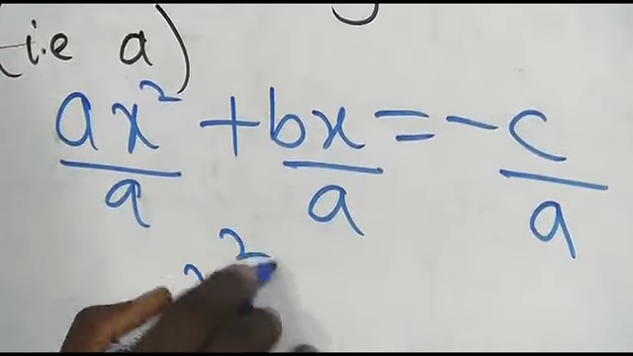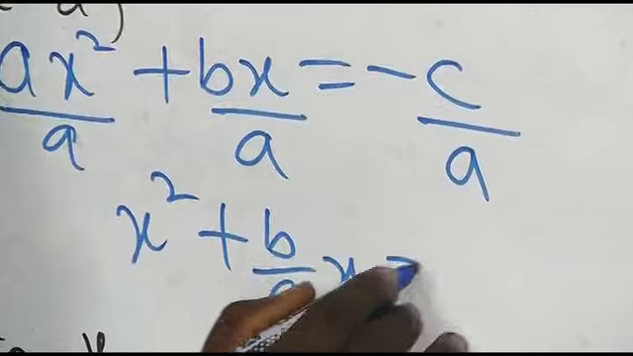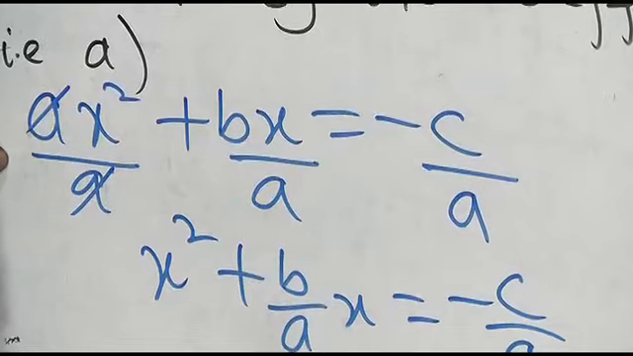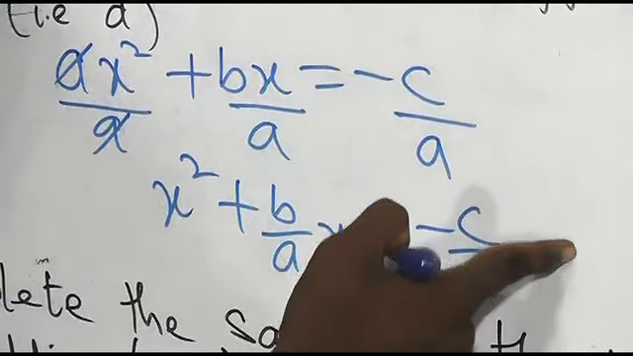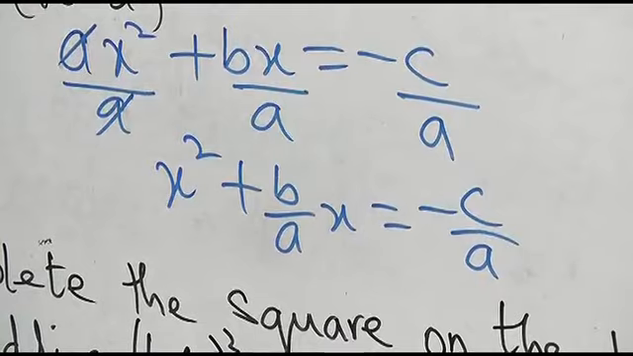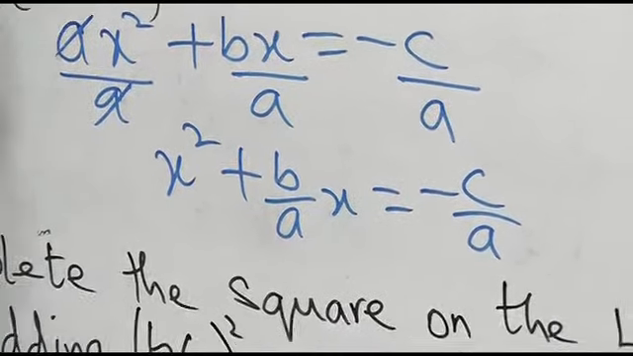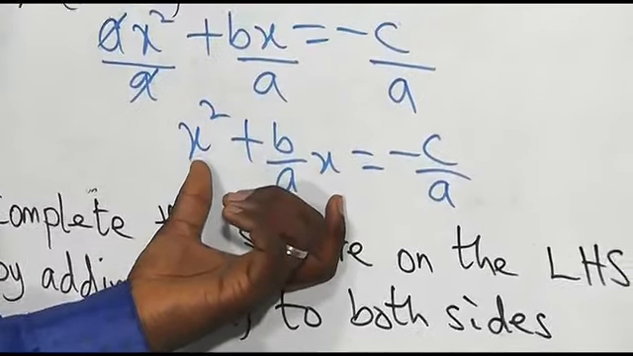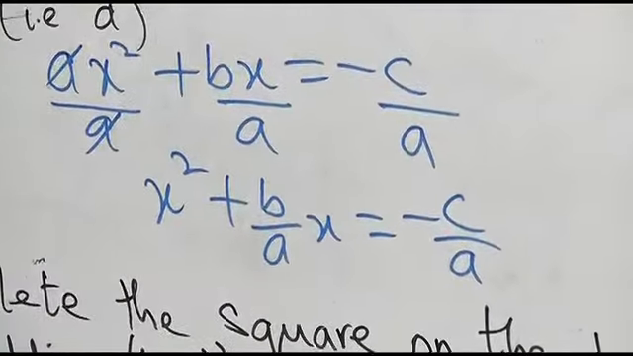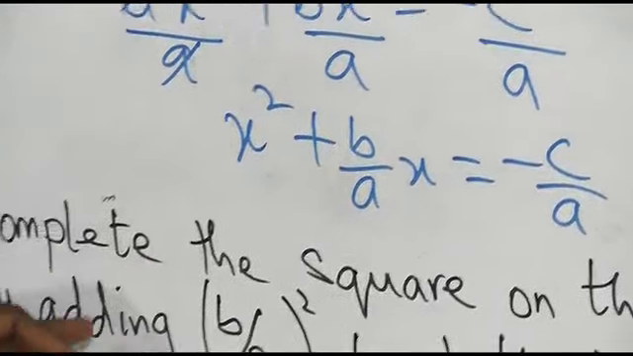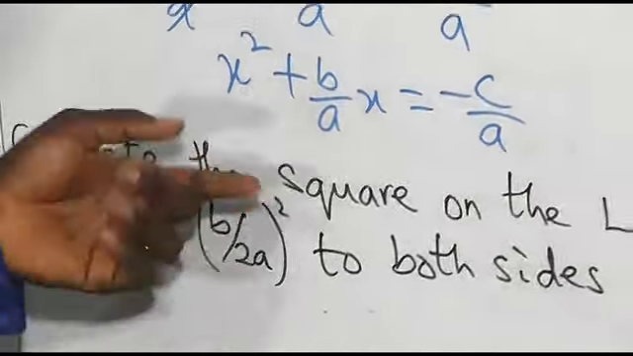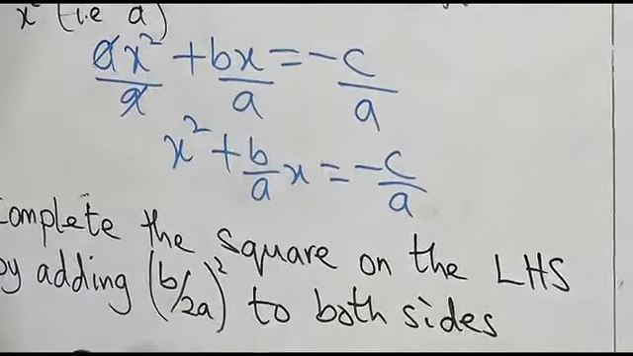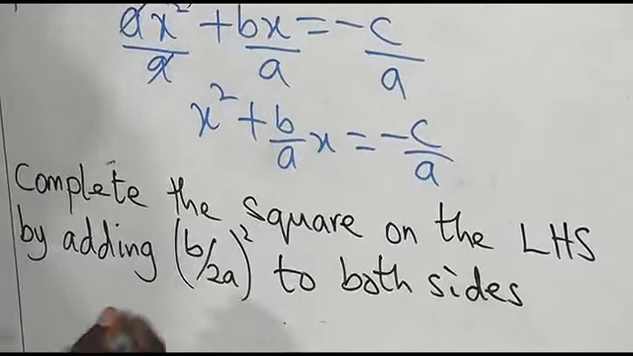So you have, that is this a, you cancel this a, and so you are left with this equation. Now, as I explained earlier, a term will be added to the expression on the left hand side to make it a square. So now, the third step says that we should complete the square on the left hand side by adding this term to both sides. So you have,